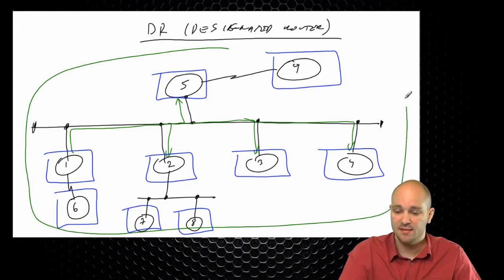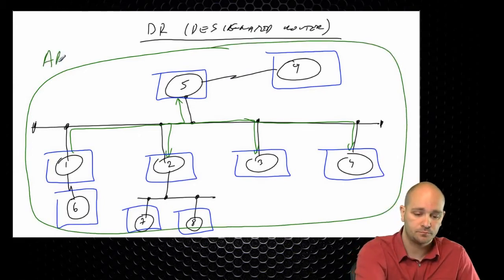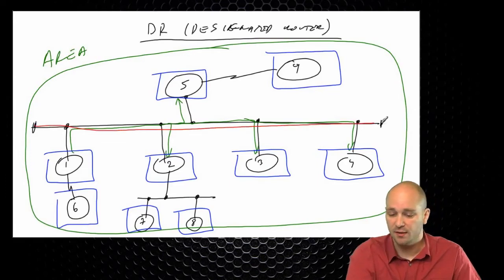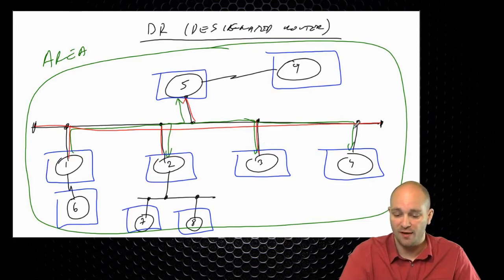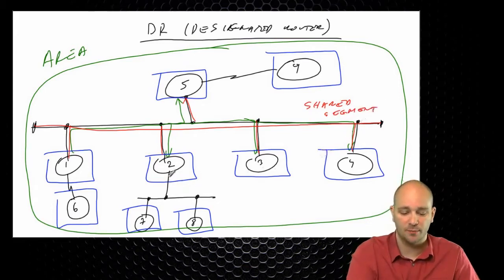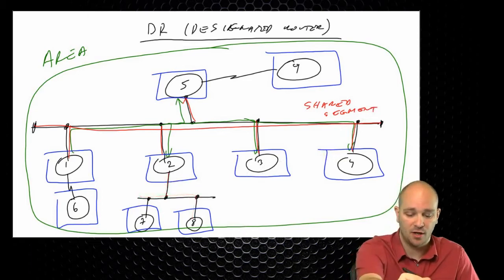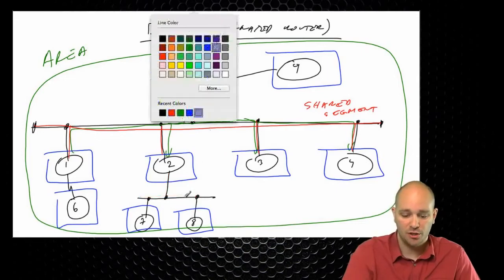So this is an area, and this part here, this arrangement between 1, 2, 3, 4, and 5, this is something that we are going to call a shared segment. Now, inside an area, we can have multiple shared segments. Here is another one. Let me use a different color there. So this here is going to be another shared segment